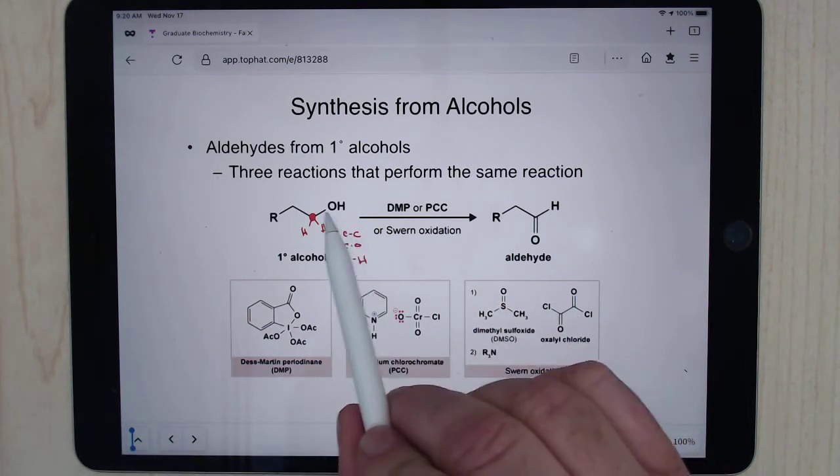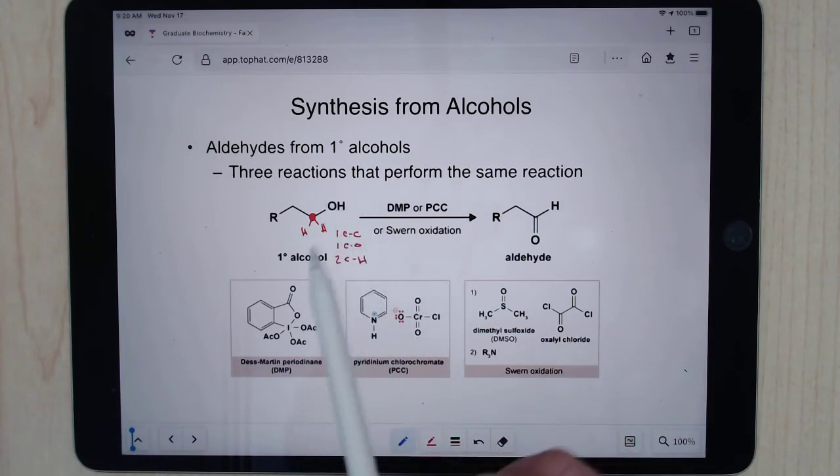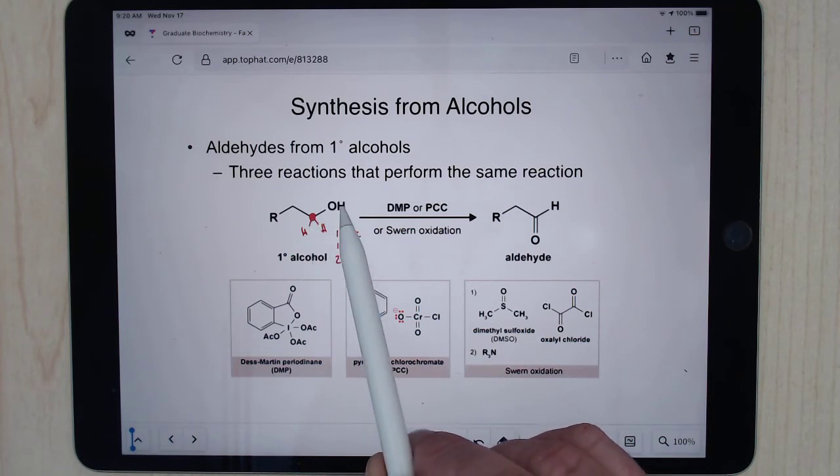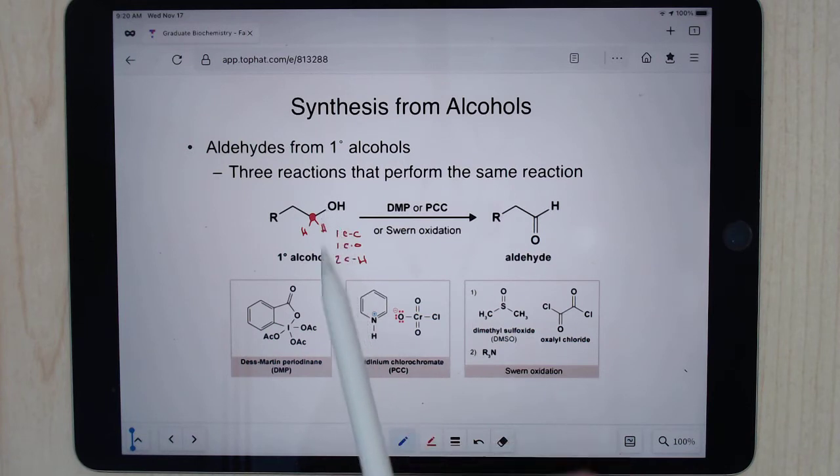Now you're going to say, well, isn't there an OH bond? Yeah, there is, but we're only dealing with the carbon that bond's directly attached to. That hydrogen is directly attached here,